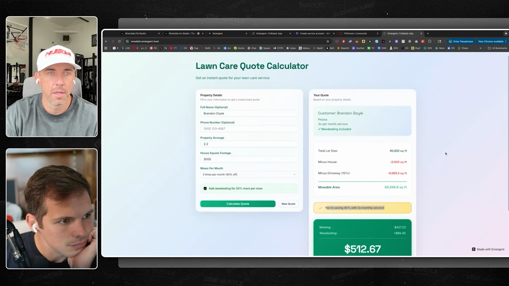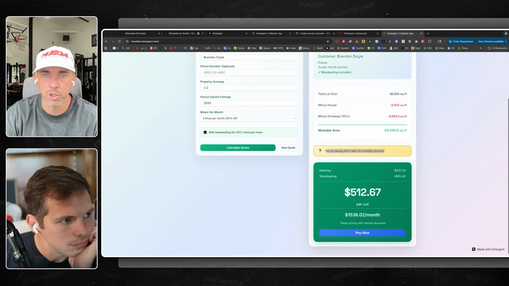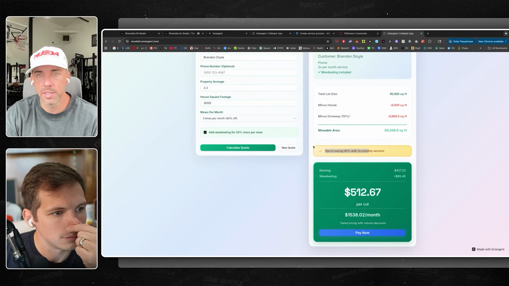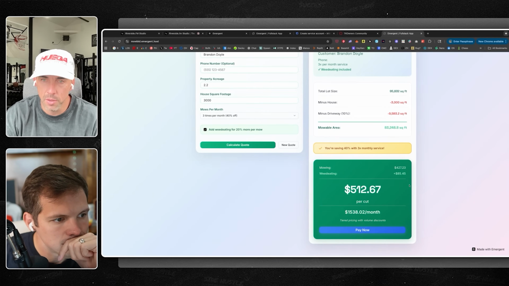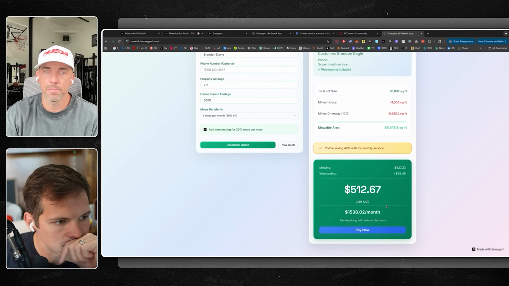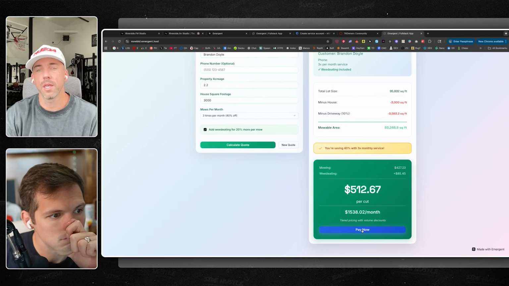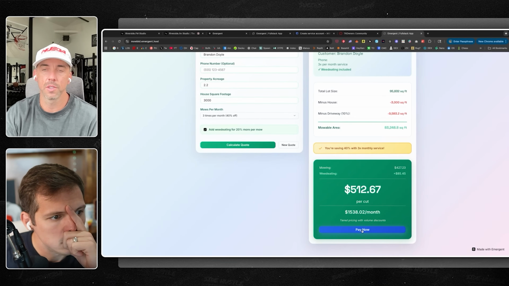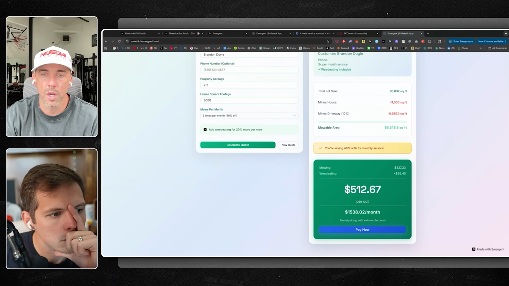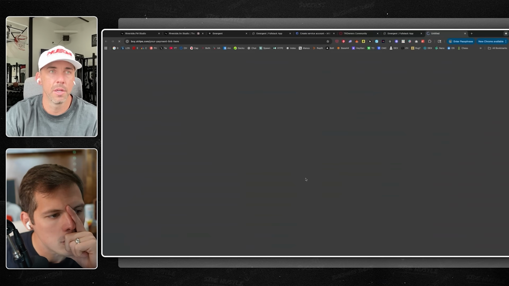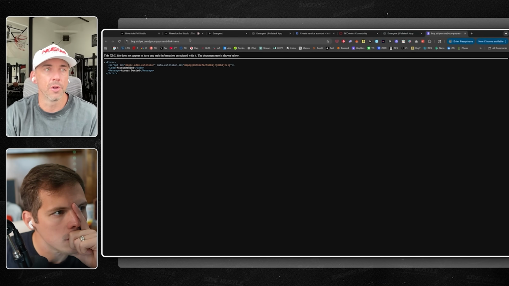I like that because that's what I chose, but I like the extra call out in a separate color on the discount. I did want weed eating, so it adds that. $500 per cut. Yeah, that's pretty sweet. And I didn't work in a pay now thing because we had different thought processes with what we were trying to build here. But I like that you already set that up, because if you were to fully integrate that, that would be awesome.